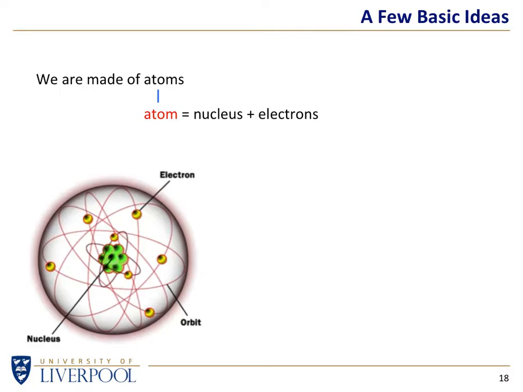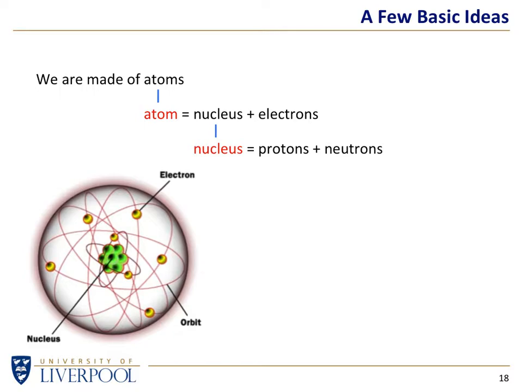A nucleus, by definition, is not a fundamental particle. It is definitely something that's made up of other stuff. That was discovered, again, best part of 100 years ago, back in the early part of last century. So we know the nucleus of an atom is made up of 2 types of particles. I'm going to throw a few words at you. It doesn't really matter what those words are as long as you understand the basic idea. A nucleus is made of stuff. We call them protons and neutrons.